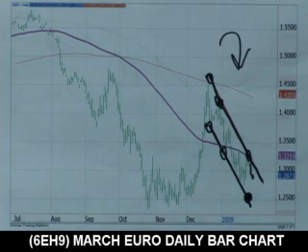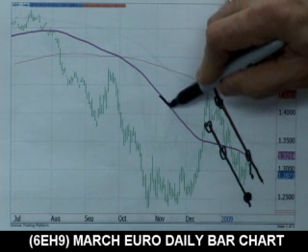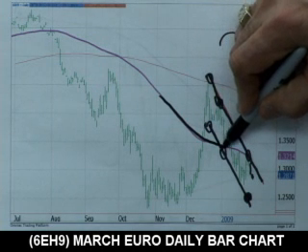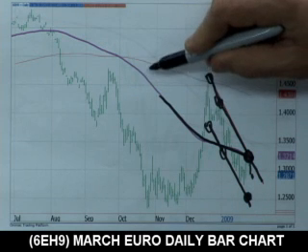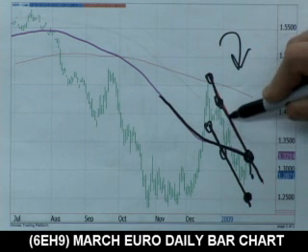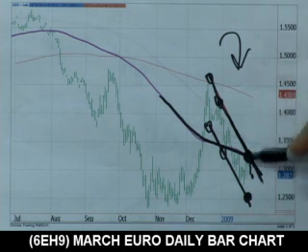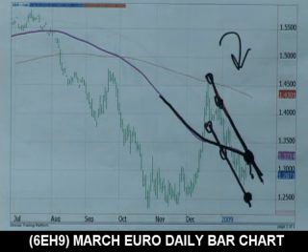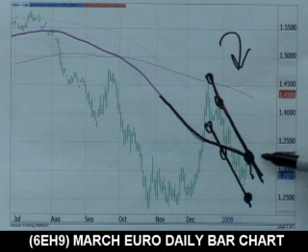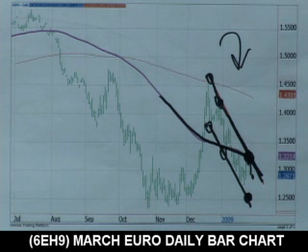Traders, the nicest thing about this is, look at this. And this is what I pointed out in the last video. I said, boom, right here, a perfect spot. The Omni proprietary average comes in right at the top of the parallel. The market hit it and failed right there, traders. That is a giveaway trade, in my opinion. In fact, if you were in from the Omni average, you'd be up 150 points already.